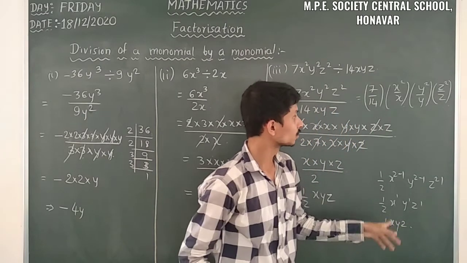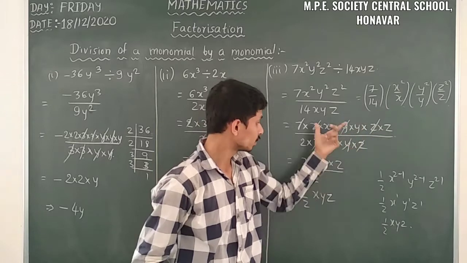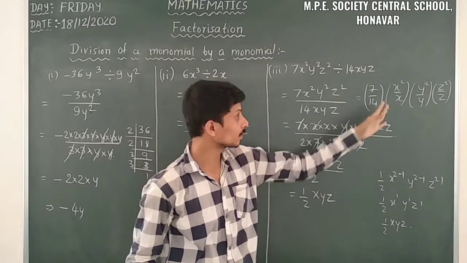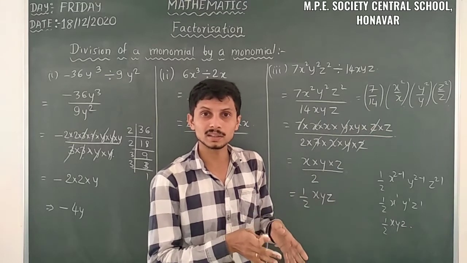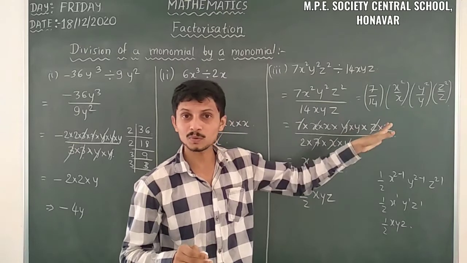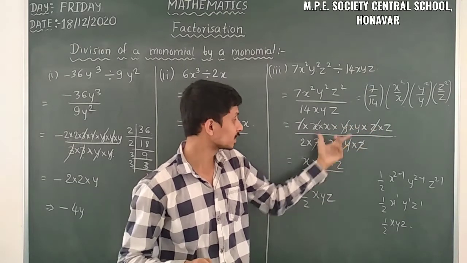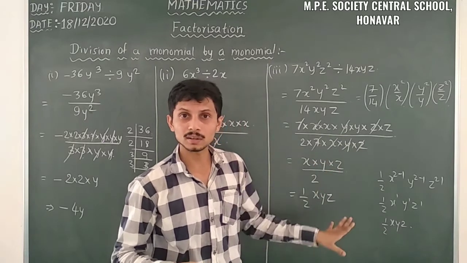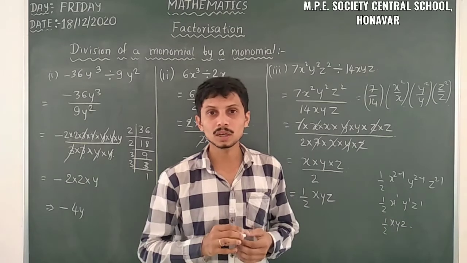This is the answer. This method you can take, and the other method you can also take. But sometimes the exponent method is difficult and confusing. Here there is no confusion. So you have to write in the product of prime numbers, irreducible factors, then cancel out everything that is possible. So I hope you understood.